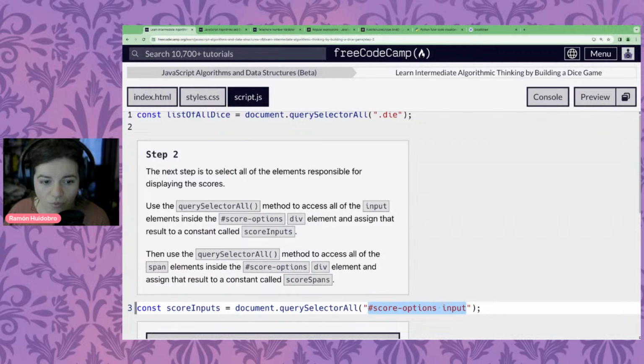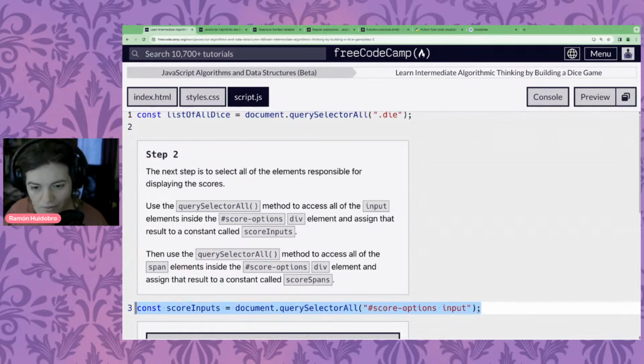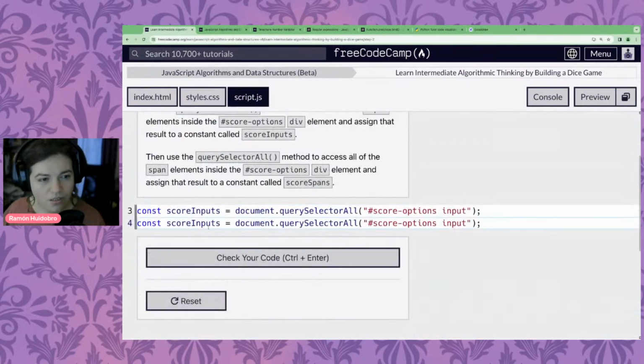We're going to do the same with the spans inside that score options. So you know what I might do? I might copy paste. So instead of score inputs, we're going to have a variable called score spans. In our score options div, we can get all of the span elements.